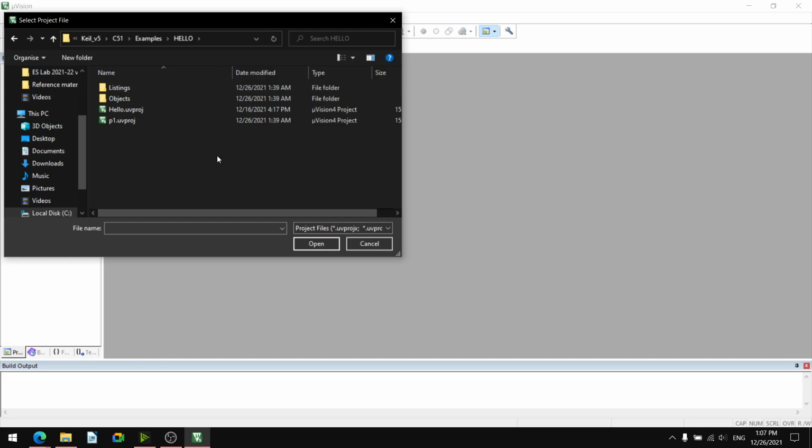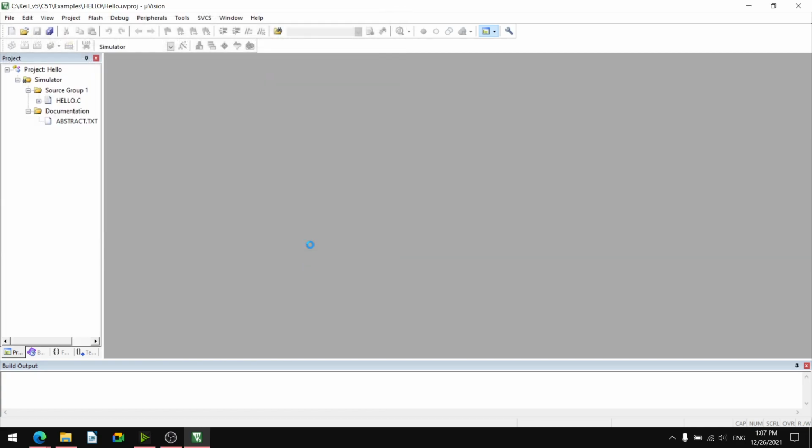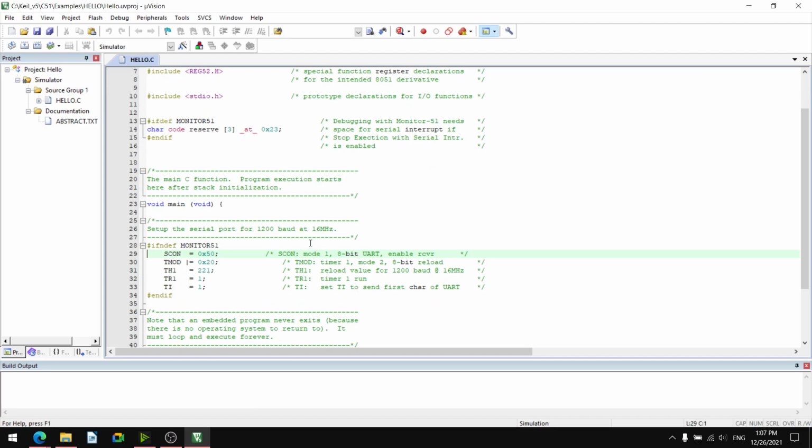So I will click that hello project file, which is a project file, and open it. It will open the hello.c file which is already existing. Now this program is already existing. Such programs we will be writing as experiments.